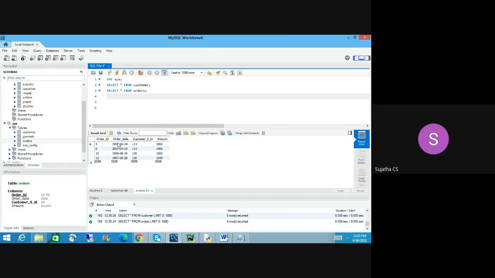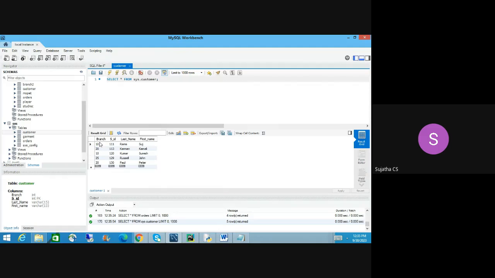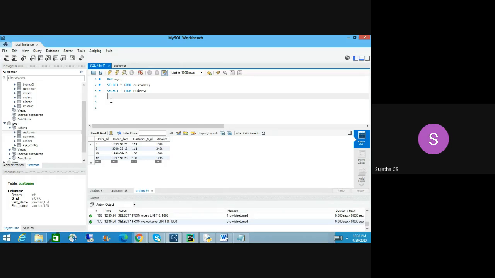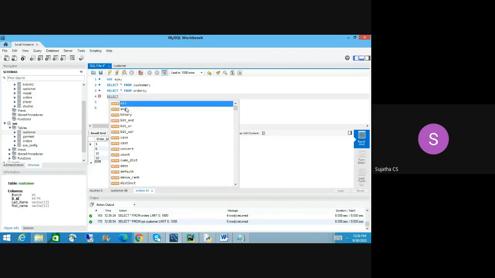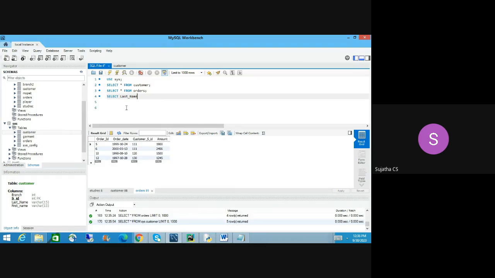Here in the orders table: order ID, order date, customer ID. This is a foreign key linked with the parent table. Then amount. In the customer table: branch, and then SID, that is customer ID, last name, first name. So I'm going to use a select command. In select, I want to display name, branch and amount. So how do you write that? Just simply last name or first name, whichever you want to display. Okay, last name. What is the attribute name? Last underscore name, comma, branch, comma, amount,